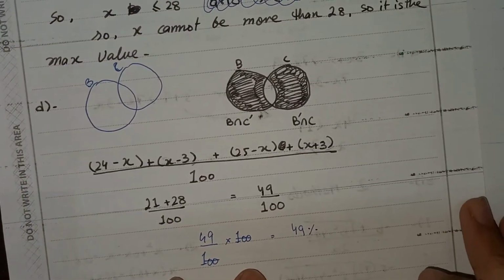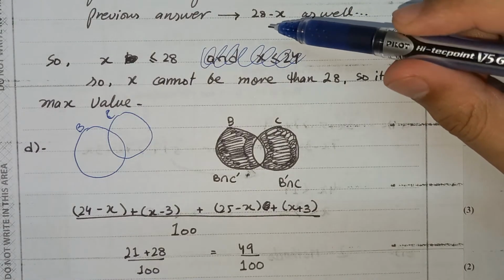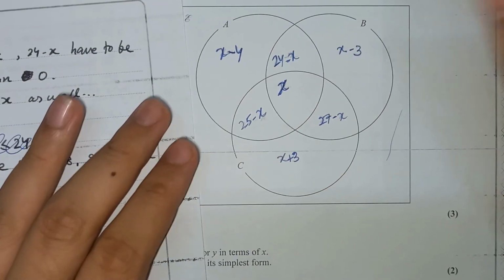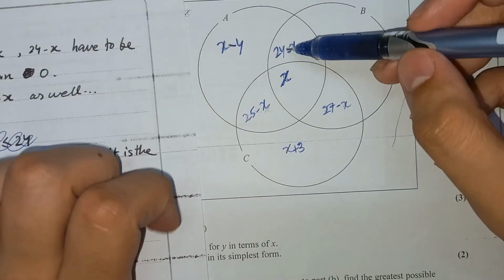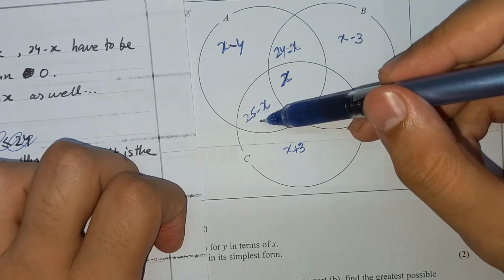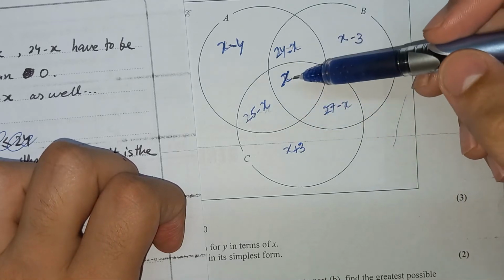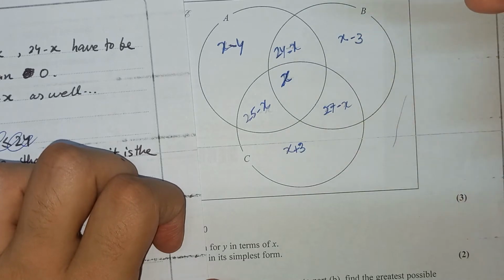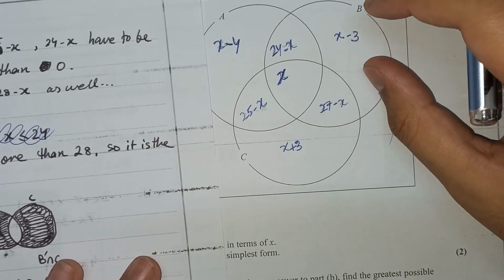So just write it over here, because if the value of x is greater than 28, then the answer to this part over here will be minus 1, which is impossible. It will be minus 4 over here, which is also impossible, and over here it will give us minus 3, which is also impossible. So you cannot go beyond 27, because it is the maximum value,